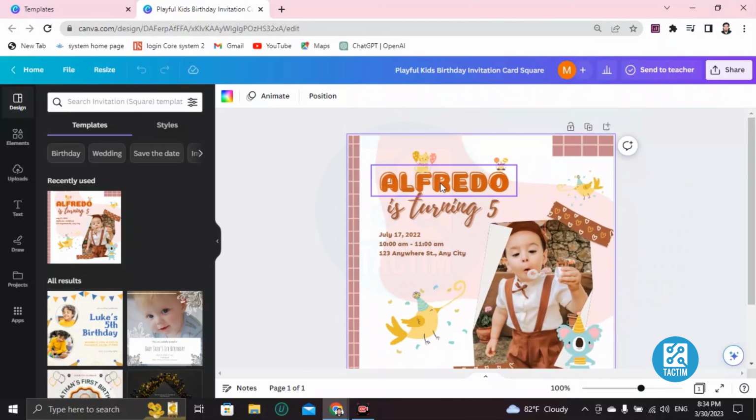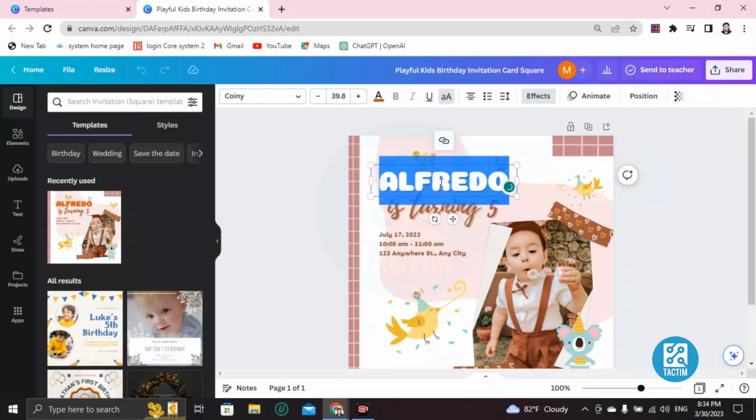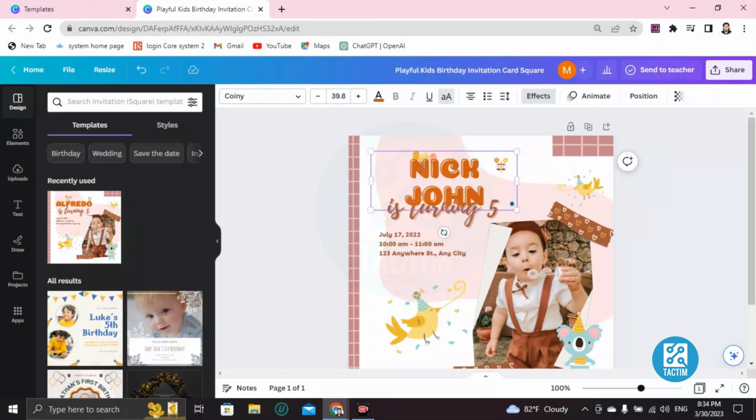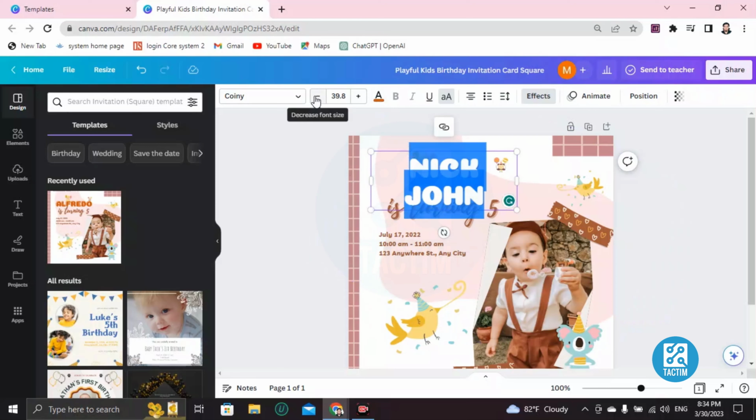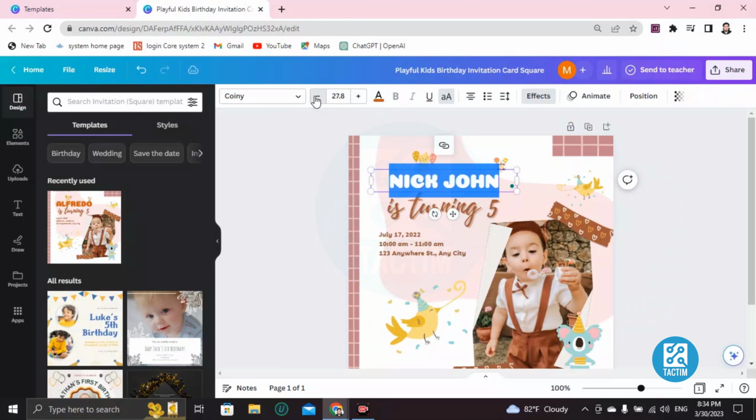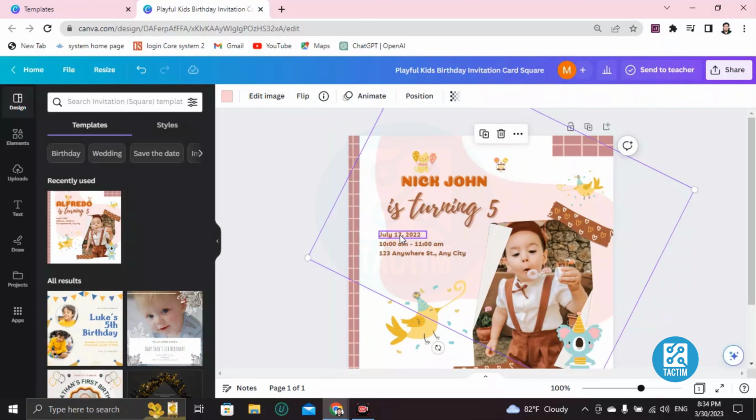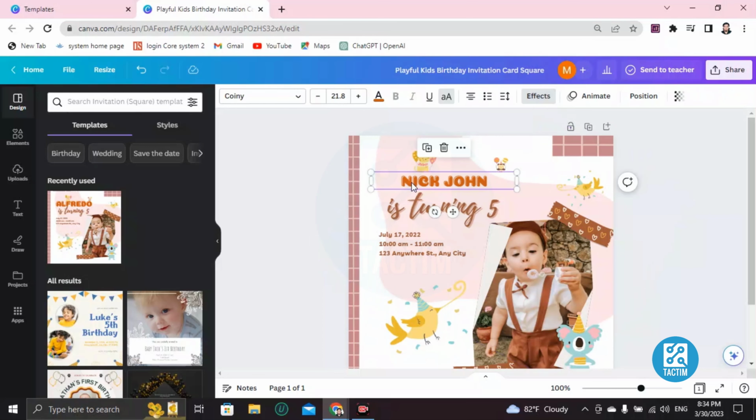You can edit this name by double clicking on this. Press backspace and write your name, Nick, John, or any. If you think your name is too big, you can make it small by decreasing the size. Okay, so if you want to change the name color, just double click and